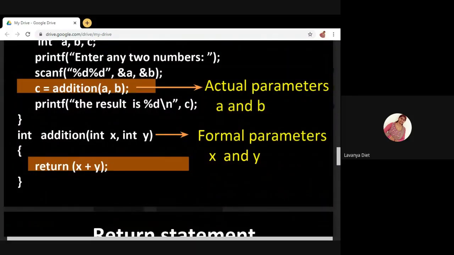The parameters inside the function definition, or the parameters inside the called function, are called formal parameters. Here x and y are called formal parameters. Here a and b are called actual parameters. Again, I am repeating: the parameters inside the calling function are called actual parameters and the parameters inside the called function are called formal parameters.